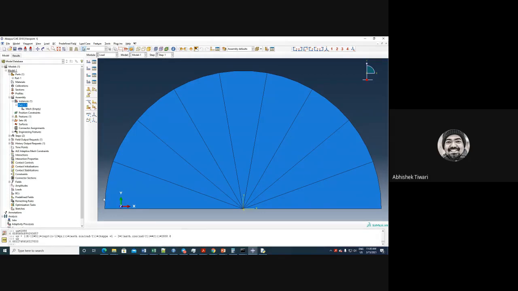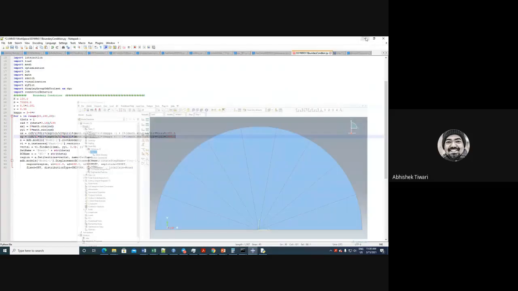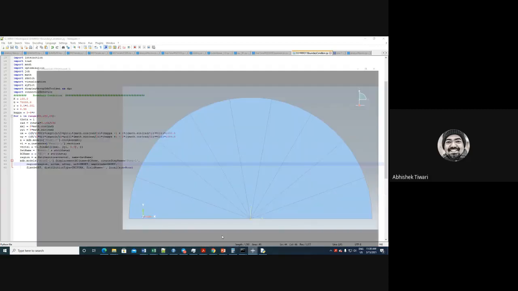uy ठीक ही होगा. So ux is defined, uy is defined, and then vertex is selected, set name, boundary conditions name, region is selected. Now here u1 is equal to, I will write ux, and u2 is equal to, I will write uy, and everything is good. Okay, so this should apply my boundary condition on the model. Okay, so save it. Then let us go to model.